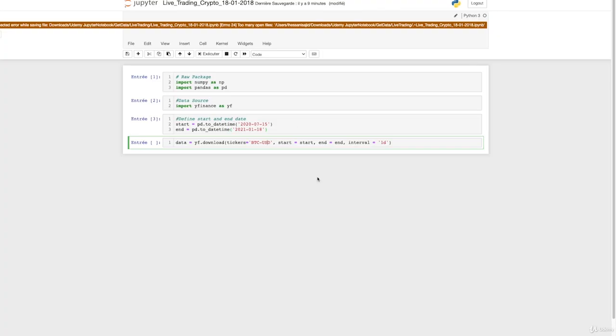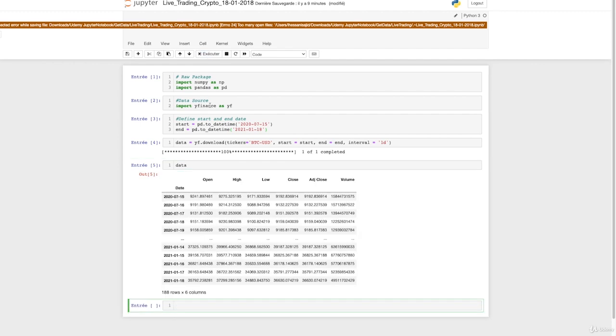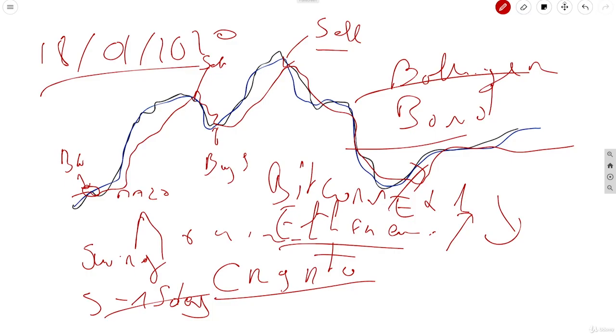Okay, let's continue. We have defined the start and end date and an interval of 1 day. Let's execute and take a look at the data. Okay, now that we have the data, we are going to see essentially how the moving average is working. In order to get the moving average, you're going to